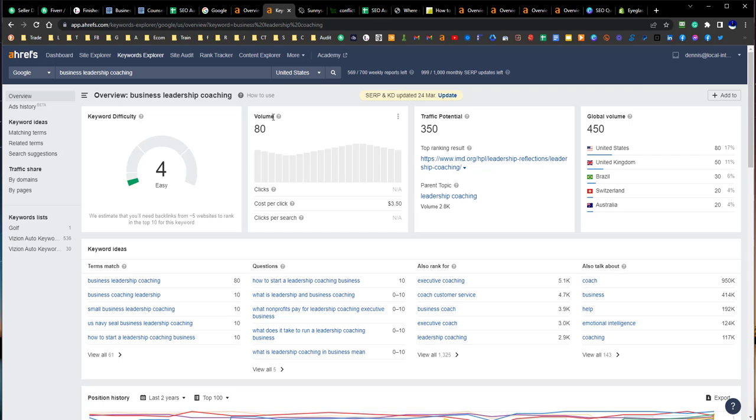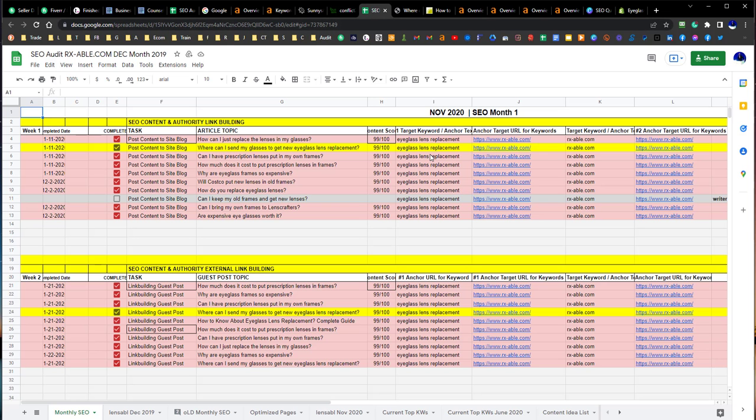Okay, so I'll show you some examples of this, right? So if we look at a client, this was a hard keyword, and essentially we said, okay, in order to go after this word, we're going to need to write content and do link building. Okay, now I know you gave me a budget of about $300. The budget really doesn't matter.